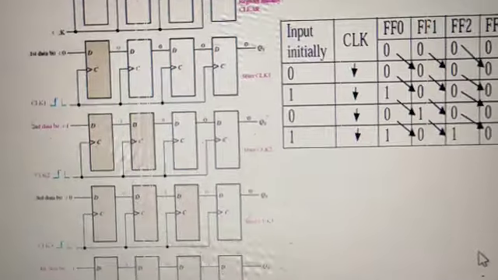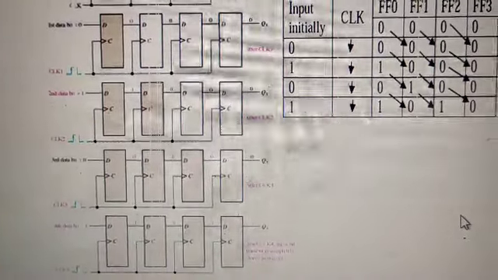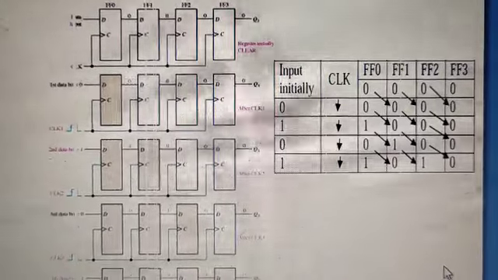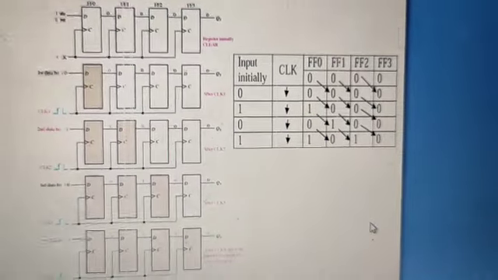Now, if you want to shift, another 4 clock pulses are required for shifting. Is it clear? This is the operation of serial in, serial out shift register. Next category is serial in,